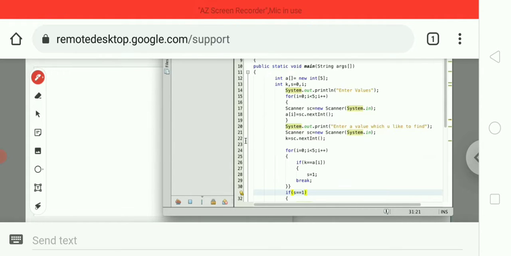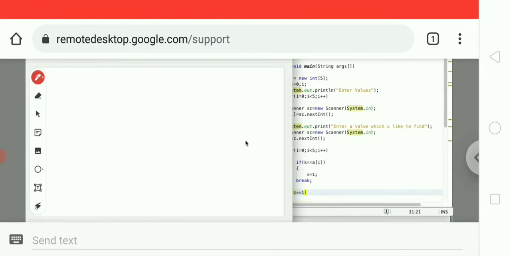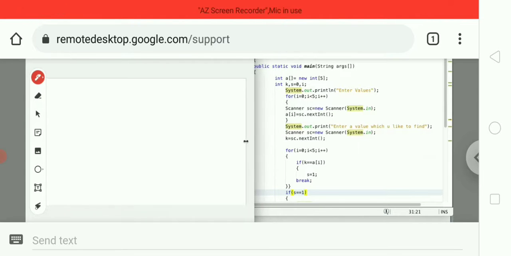In this program I created an array called A, and the size of array A is 5.